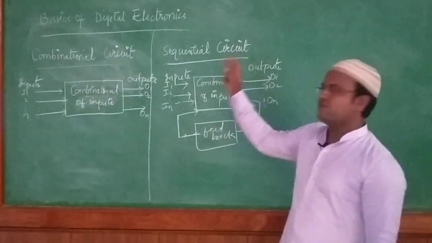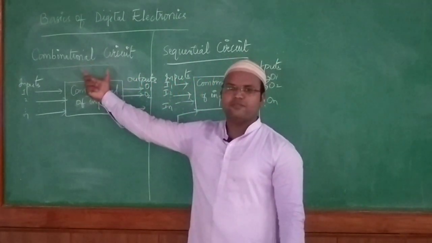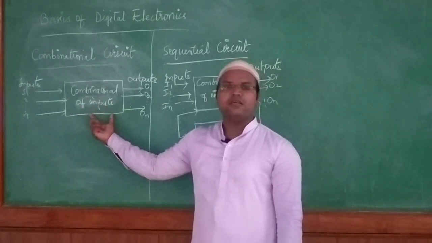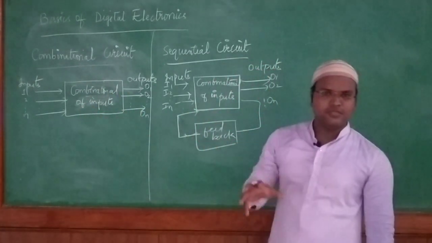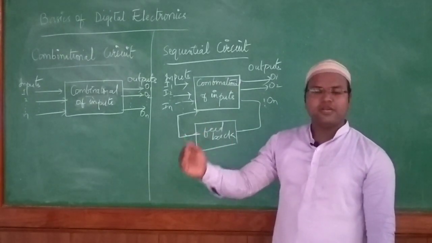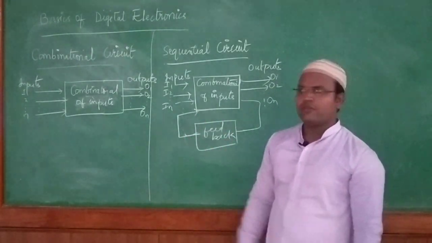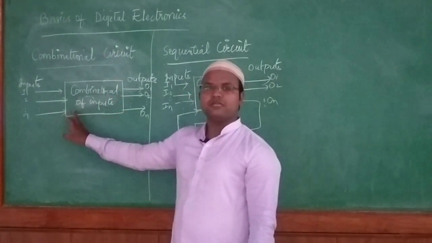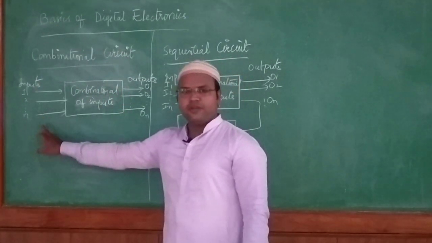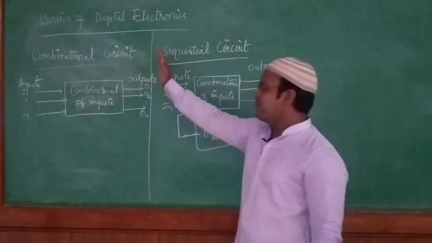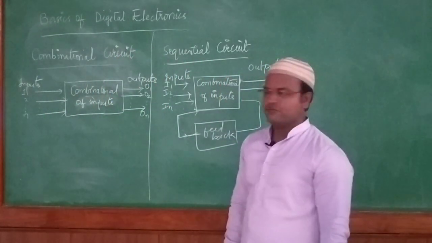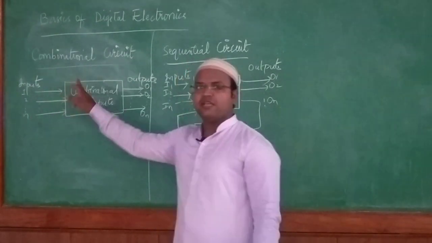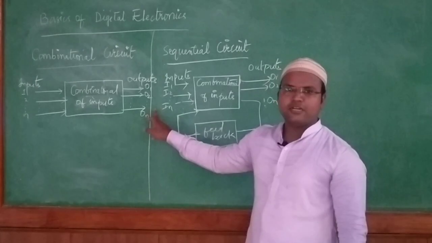As we know, the name combination itself defines it: it will take the combination part. Any system in electronics takes inputs and tries to produce the output. So if I take one particular block diagram, I consider different inputs that produce different outputs. We'll have input 1, input 2, and so on, up to n inputs. It will take that combination and try to produce the respective outputs.